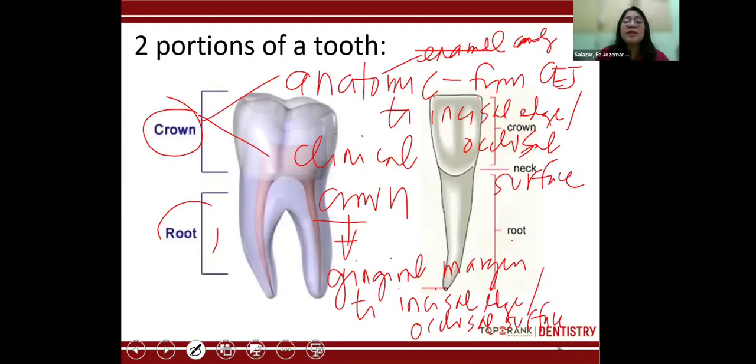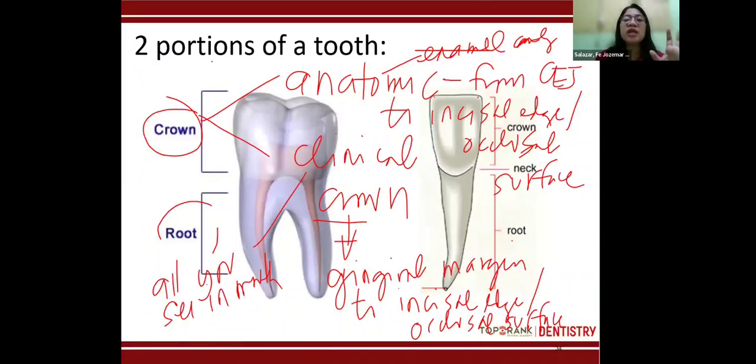Okay? Kasi everything that you see in the mouth is called your clinical crown. Pag open ng patient ninyo ng bibig niya, lahat ng nakikita nyo dyan, kahit sabihin nyo pa, root na po yan, doc, that's still the clinical crown. Lahat ng nakikita above the gingival margin is called the clinical crown. Kaya pwedeng magkaroon ng cementum ang clinical crown. But when you call it anatomic crown, hindi pwedeng magkaroon ng cementum dyan. It's just that part of the tooth covered by enamel only.